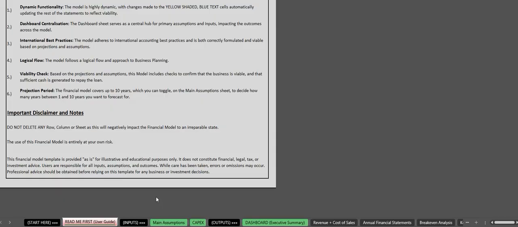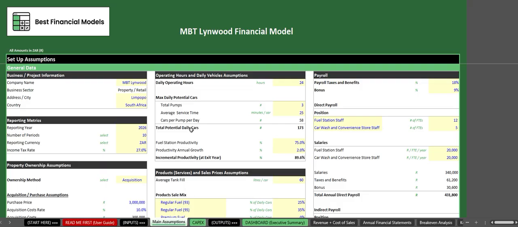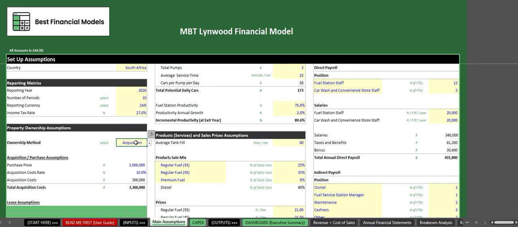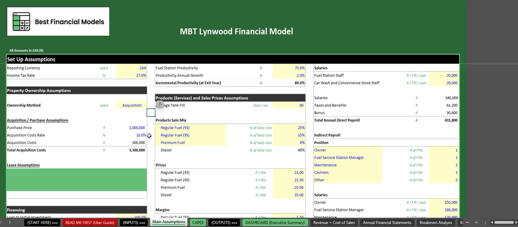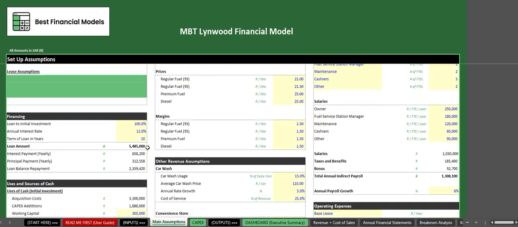The model starts logically with the main assumptions or main inputs. So the main components will, on the left-hand side, start with the year of the model, the reporting year, the currency itself that you want to use. So you've got a drop down to allow you to choose between the main currencies, the number of periods that you want to look at, anything from 1 to 10 years, your income tax rate, the ownership model, whether you're acquiring this or leasing it, the purchase price or the lease price, whether there's any additional acquisition costs,